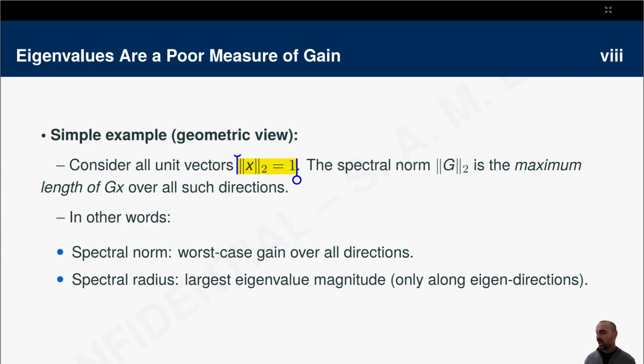So let me add some more explanations. The spectral radius only looks at what happens along special directions. As when you look at the definition, you can already see that. It looks at eigendirections. The spectral norm looks at all possible directions, but the spectral radius looks at special directions. So the spectral radius looks at special or eigendirections, and the spectral norm looks at all possible directions. A matrix, a G matrix, can